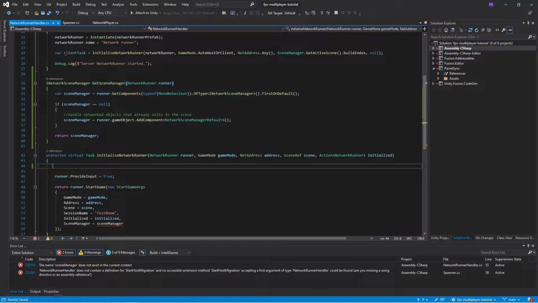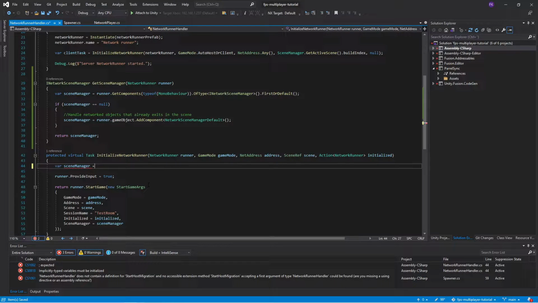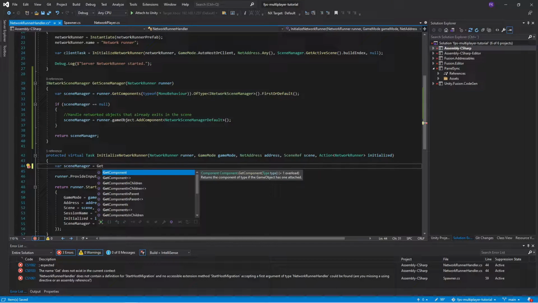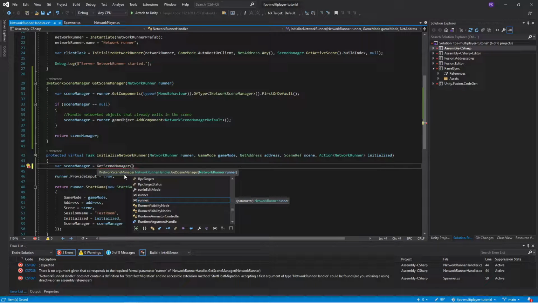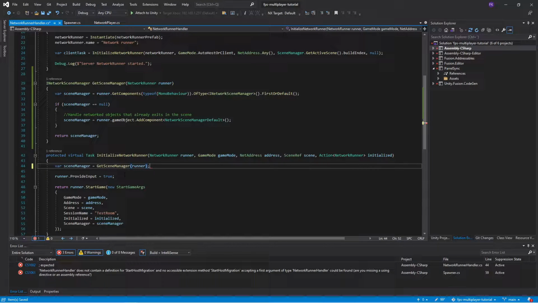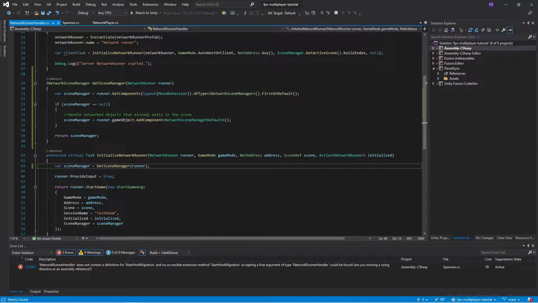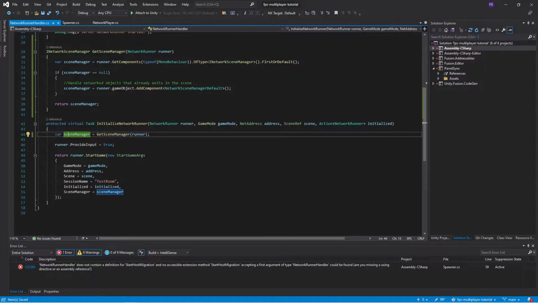All right, so let's call this here. So we have our scene manager, and we can use get scene manager, and we have a runner. All right, so that will replace the code for this, and we could actually use our whole task here